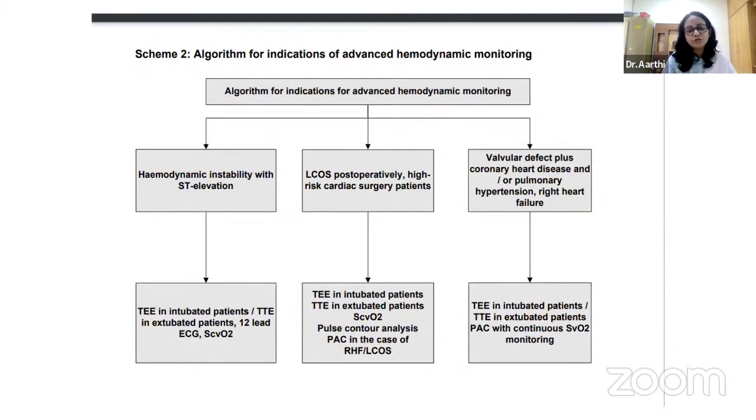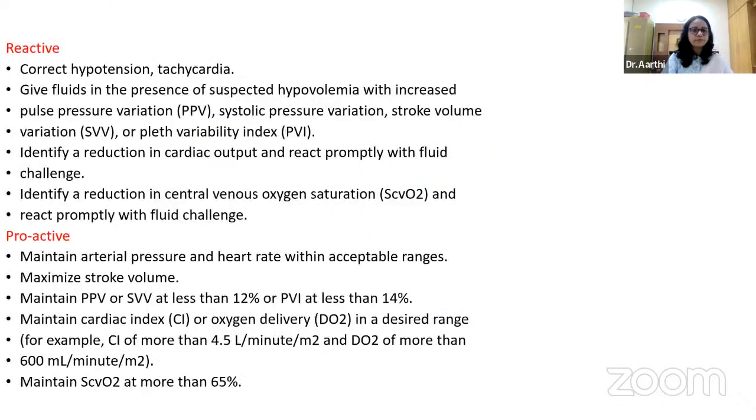And if they further go for right heart failure or low cardiac output states, it becomes more and more complex, then the pulmonary artery catheter has its role in these kinds of patients. In valvular defects, coronary artery disease, pulmonary heart disease, and complex patients, pulmonary artery catheters play a major role in assessing hemodynamic monitoring. So how do we, either you can be a reactive person or a proactive person, to assess and